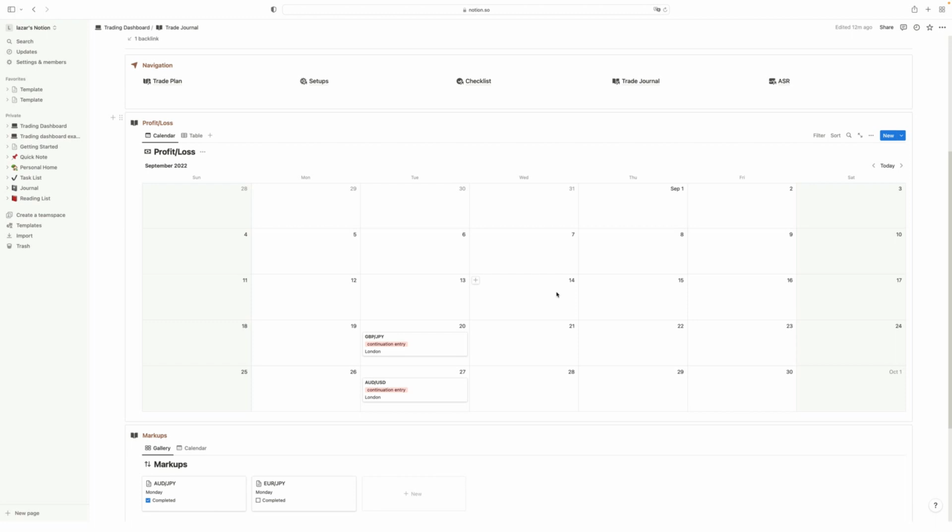Maybe there's a mistake that you see: okay, this month I made this and this and this. I had 3 losses. Whoa, there is a pattern here that I didn't recognize, that I was not aware of, but right now, because I'm journaling my trades and I have data in front of me that I'm analyzing, I'm spotting the mistakes that I'm making, either technical analysis or emotional feelings. You're going to spot those mistakes, and this is how you're going to improve your trading day after day after day after